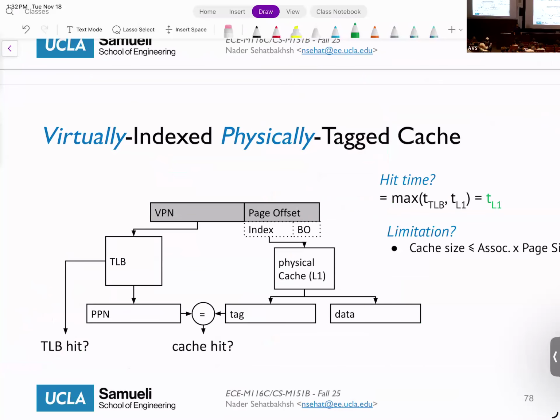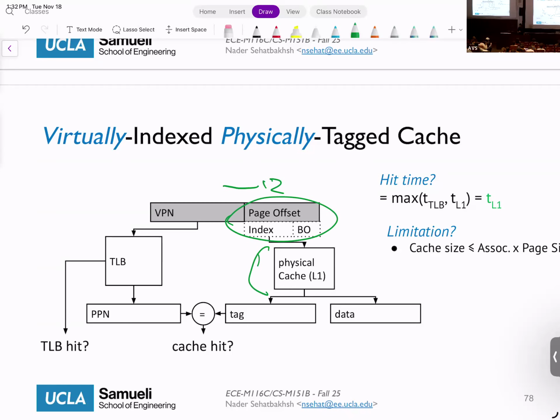There is just one limitation, and that is the size of your cache should be such that this fits into it. So if you have many, many rows, and let's say this is 12 bits, if you have many, many rows that requires more than 12 bits to index, then this would not fit. So you need to make your L1 essentially small enough that it fits within this page offset size.